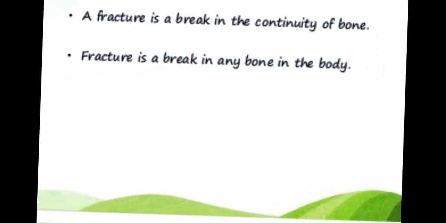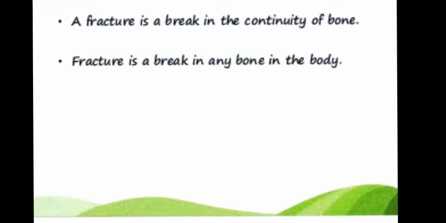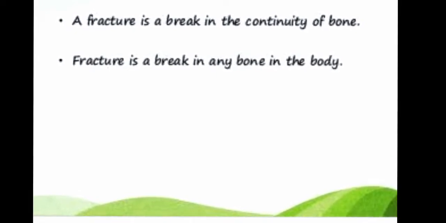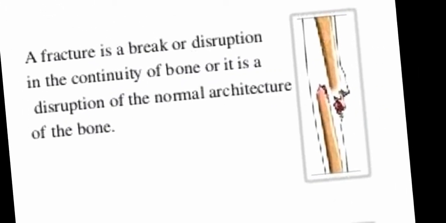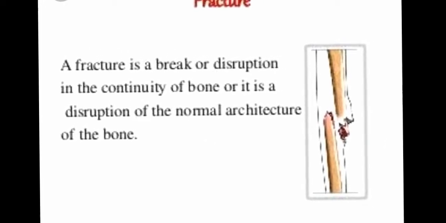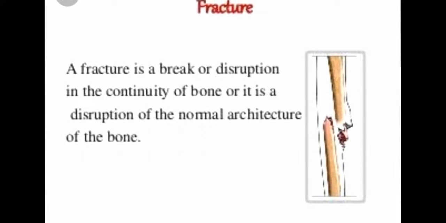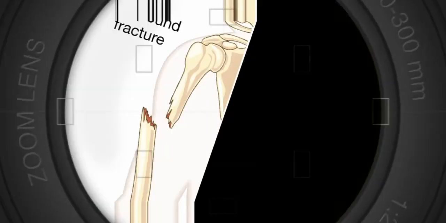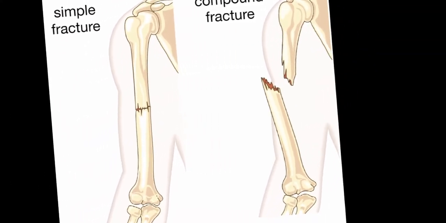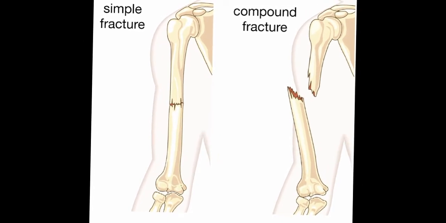A fracture is a break in the continuity of a bone. Your bone is broken, and a fracture is a break in any bone in the body. It may be due to any sudden thing by which your bone is broken. A fracture is a break or a disruption in the continuity of a bone, and it is a disruption of the normal architecture of the bone. Okay, your normal architecture is lost, your bone capacity is lost, you are not able to move. Further, this diagram shows a simple fracture, which is normally a cut, and a compound fracture, which is the totally